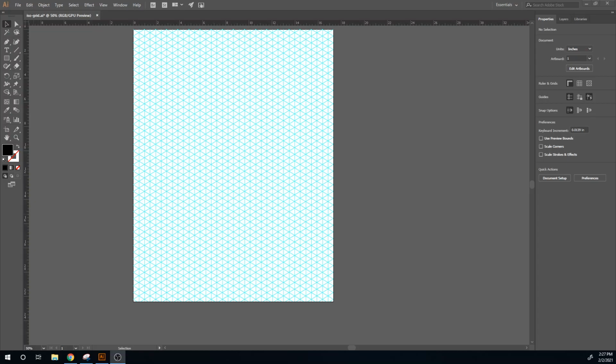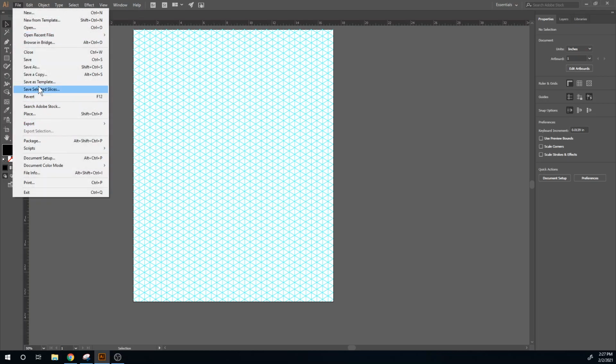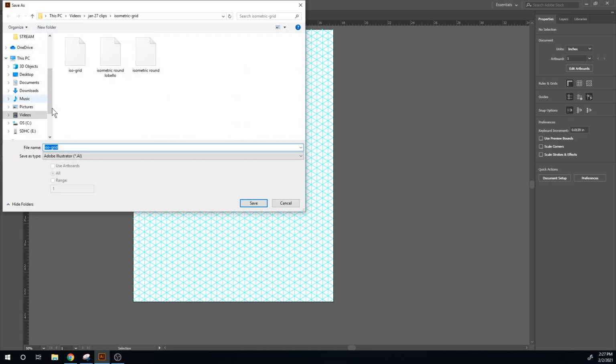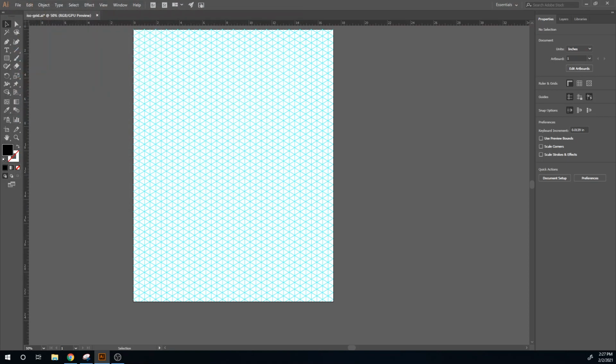All right, so back into making some more isometric shapes here. Let's start off with our grid, and this is the ISO grid. I'm going to go over here to File, Save As. I'm going to save this as something different. Call it Isometric Text, and we'll go over here to our